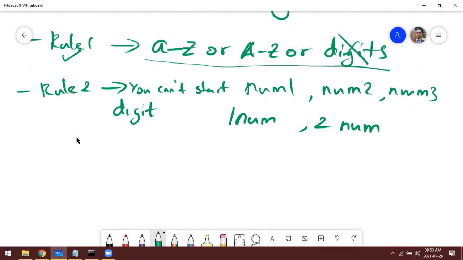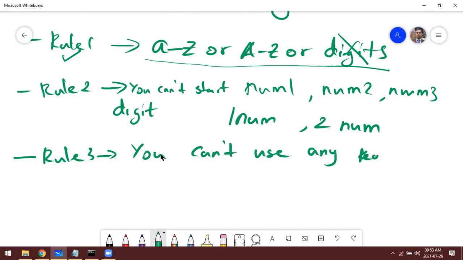So rule number 3, you can't use any keywords as identifiers. That is very clear, right? Because in the last class also we very clearly discussed that, right? Keywords are reserved words.